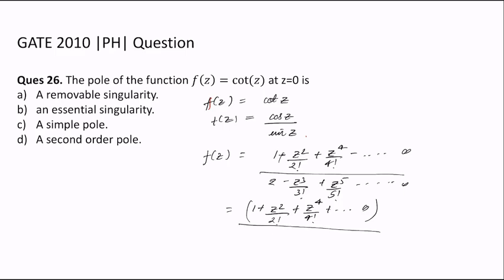You take z common from the denominator and then take the rest of it in the numerator. So you can just write it to the power minus 1, because whatever is left after taking z common, you're taking it to the numerator. So what you are left with is 1 upon z. f of z is nothing but 1 upon z